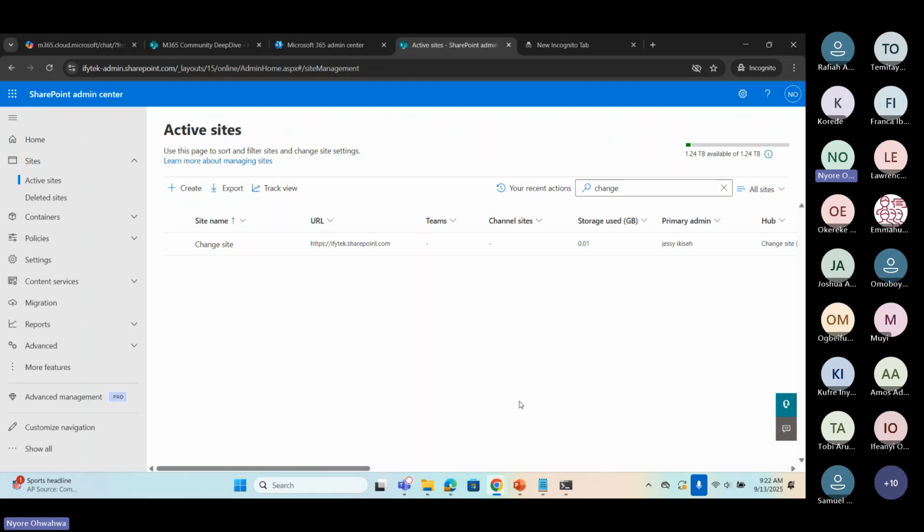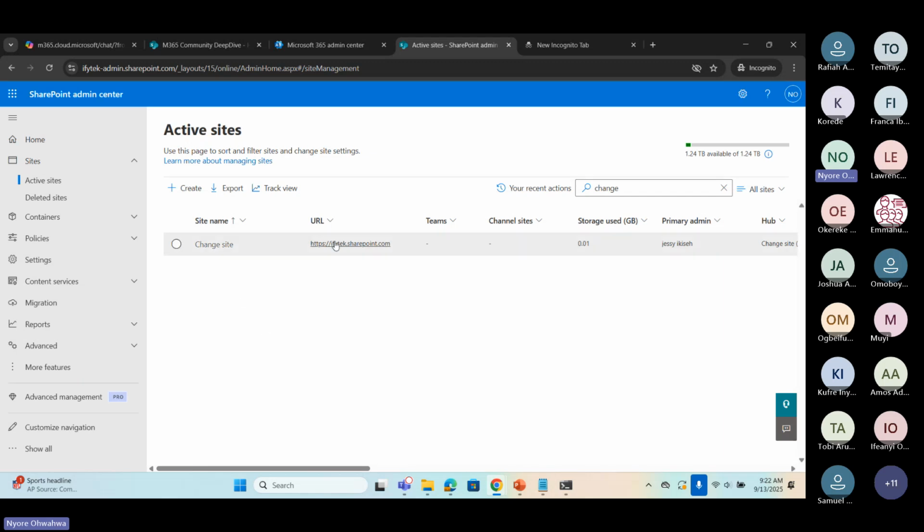A site admin is just like the owner, like I explained initially, has access to everything. Unlike a member, when you make a user a site admin, they can have access to everything in the site, all the document libraries, all of the files and folders, even if you don't share it specifically with them. And just like the analogy I gave, the owner of the house, you cannot prevent the owner of the house from entering into a particular room in the house.